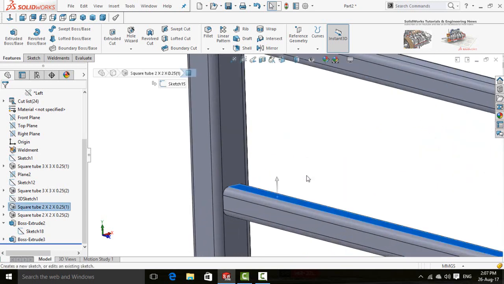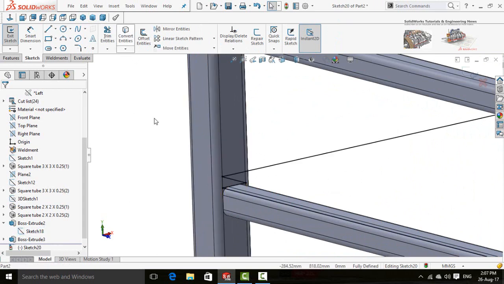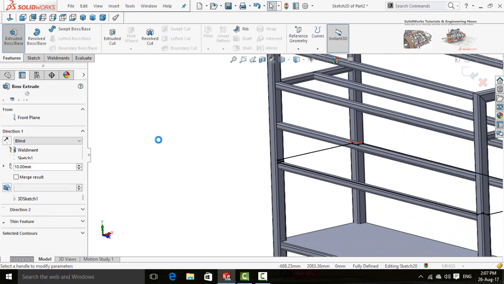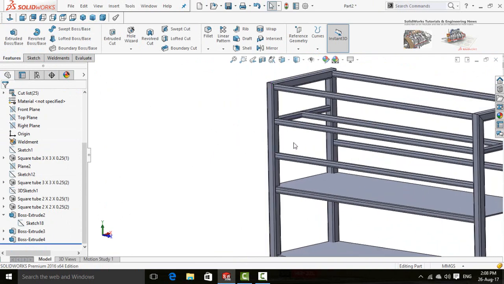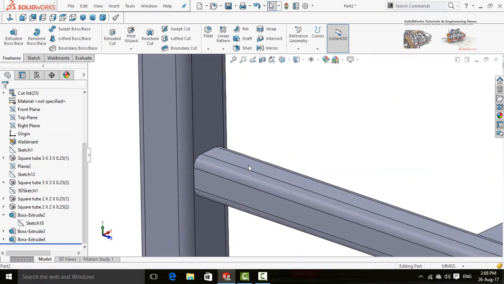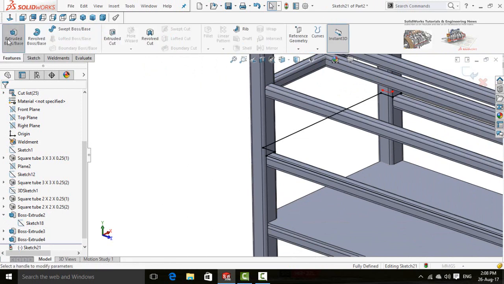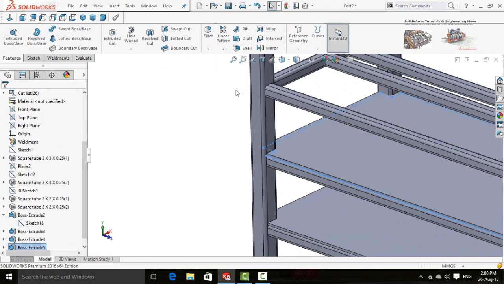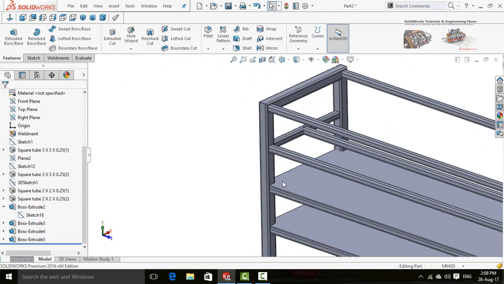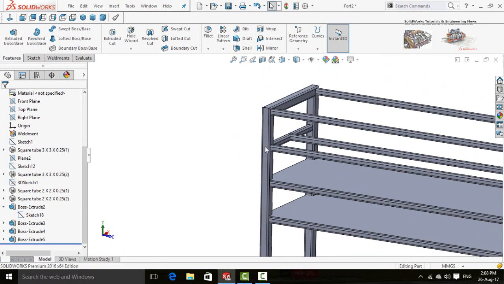So sketch on it. And do not draw the same sketch on this face.